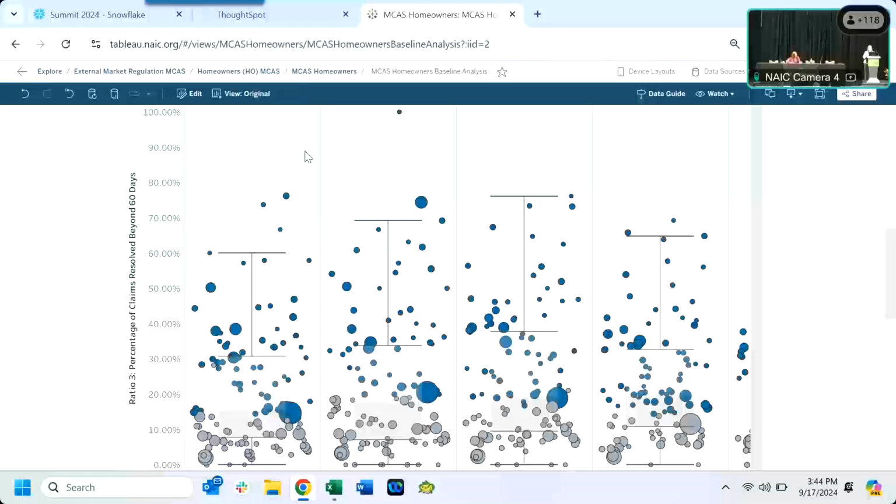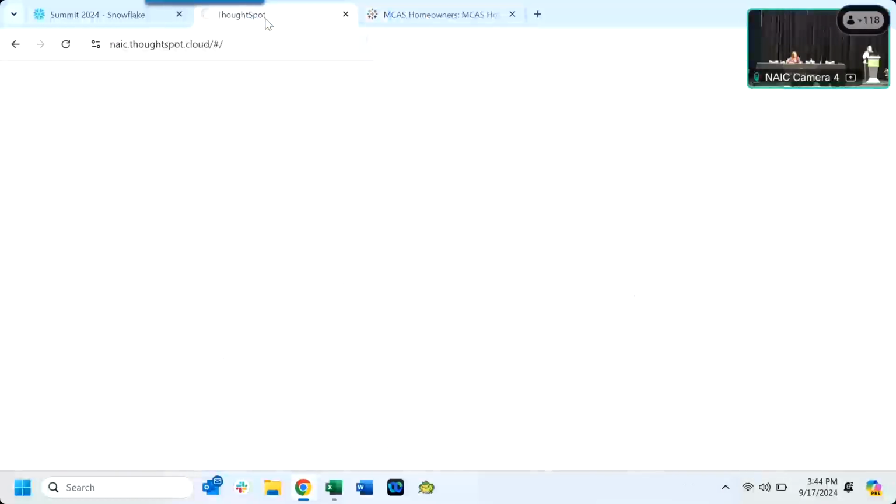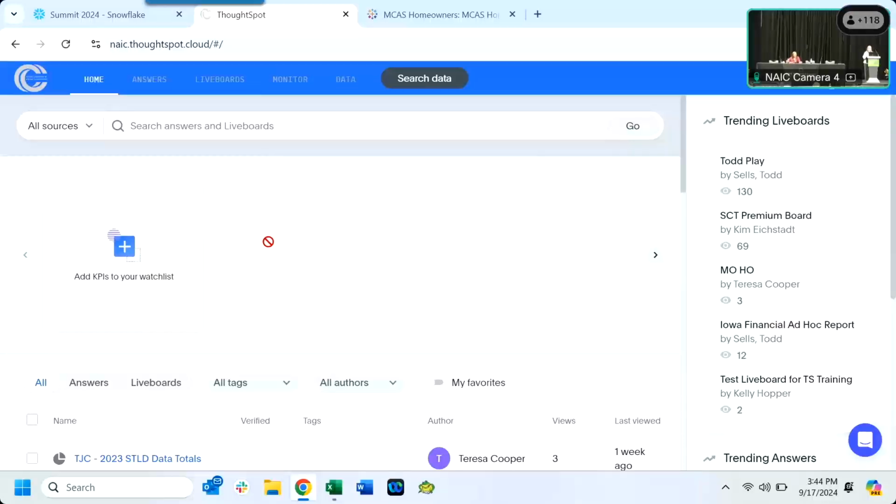Okay, we've talked about Tableau a little bit. We've talked about Snowflake, and I want to show you a little bit of ThoughtSpot. On the market side, Missouri is the only state that we've so far introduced to ThoughtSpot. On the market side, we only have MCAS data available in ThoughtSpot. Financial data is available in ThoughtSpot. CDS and RIARS is not yet, but it's coming. And it is also a web-based tool. Once you get access to it